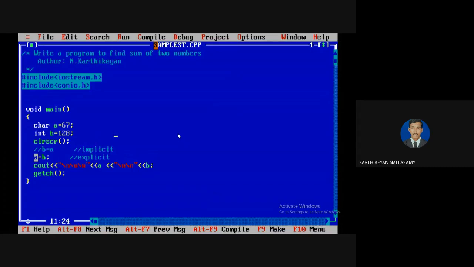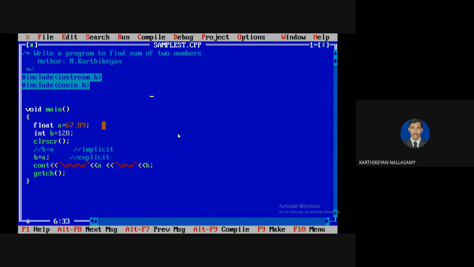Okay, so let us take the value of this character as float. If I'm going to store from B to A, B is an integer and A is a float. You are converting from A to B. So the A data type is float and the B data type is an integer. For integer it takes 2 bytes and float 4 bytes. So if you are copying from 4 bytes into 2 bytes, surely there is a loss of information.